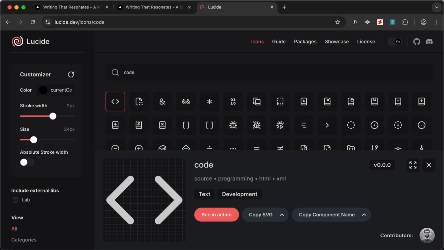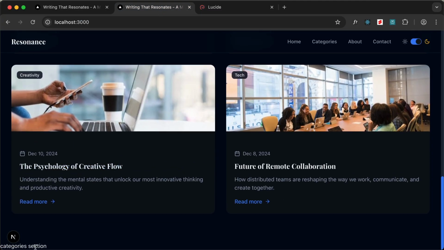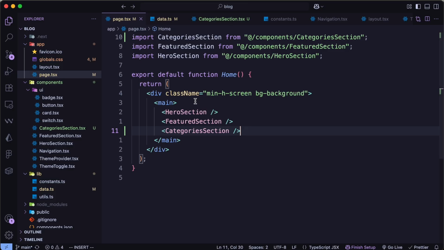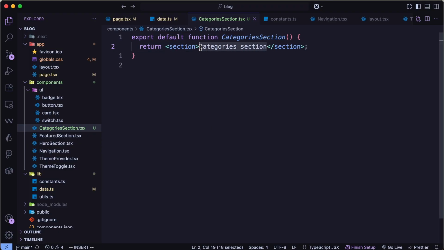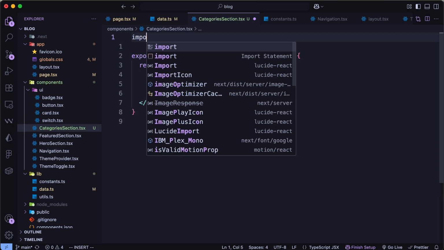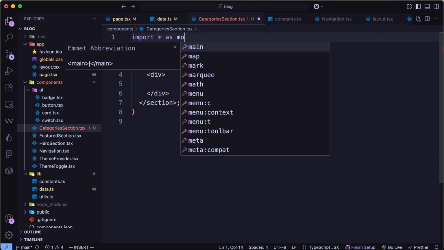And now if we go back to our website, here we can see we have the categories section. Now the first thing we will do is we will create the heading and this paragraph. So I'll just copy this, and let's go back and go to the categories section, and inside this section let's create a div, and in the div let's create a motion.div. Before that, let's go ahead and import * as motion from